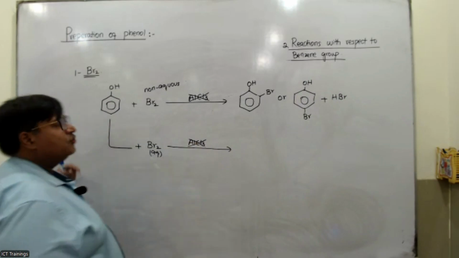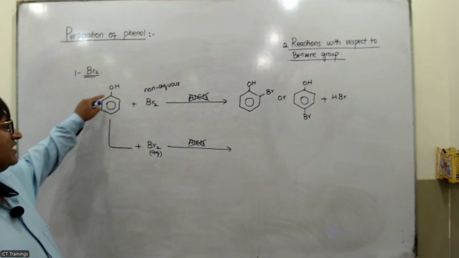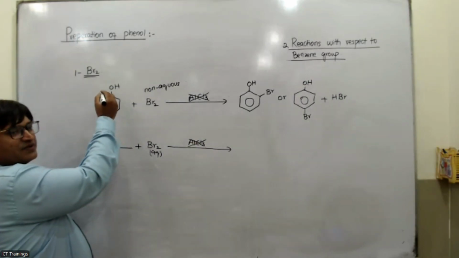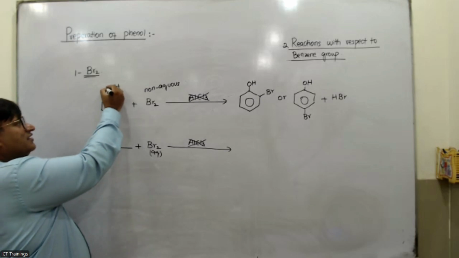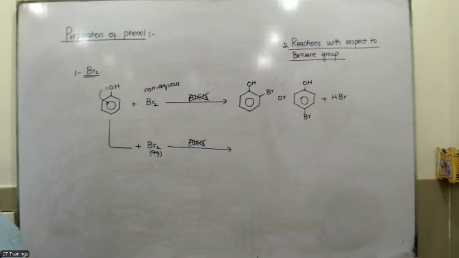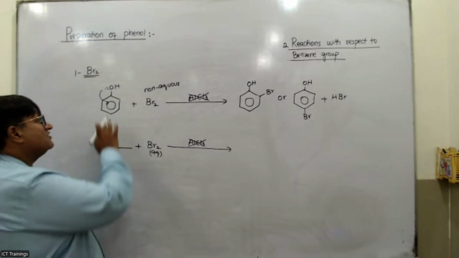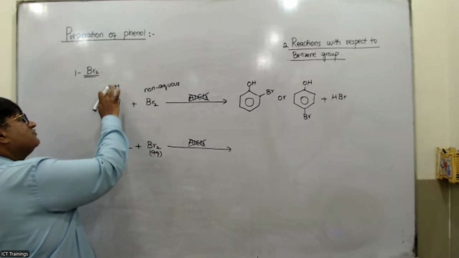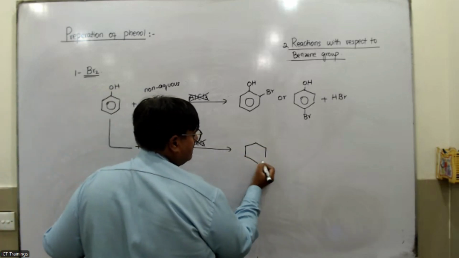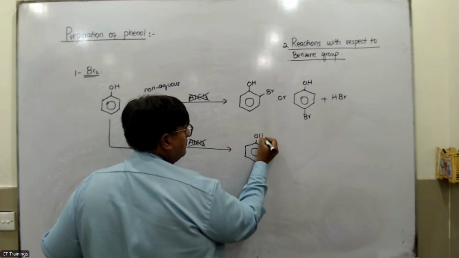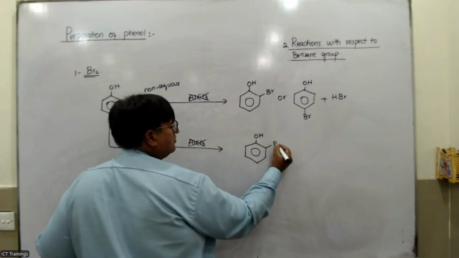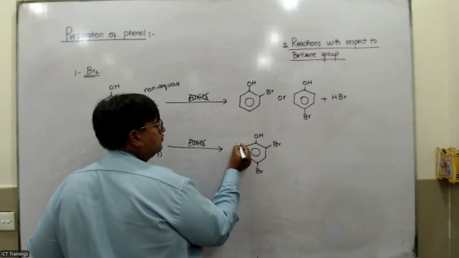Why? Because I told you in phenol, the reactivity of benzene has been increased as it has delocalized its lone pair to the benzene ring. Okay. So now, my dear students, if you got the aqueous bromine, what would happen? This is benzene having the phenol group. Now, if it is the aqueous bromine, the bromine would be attached onto three positions, 2, 4, and